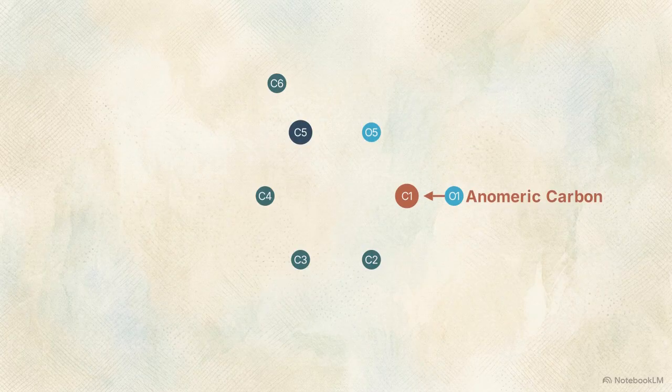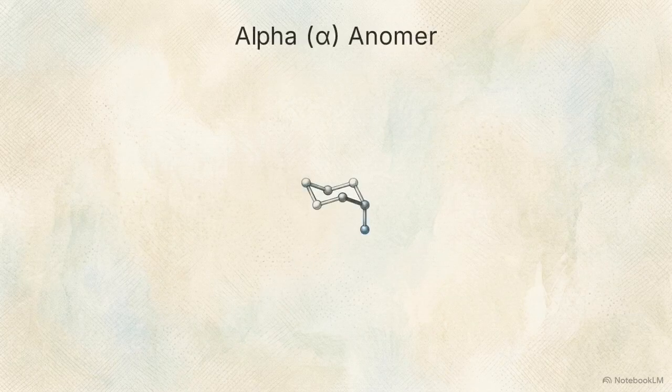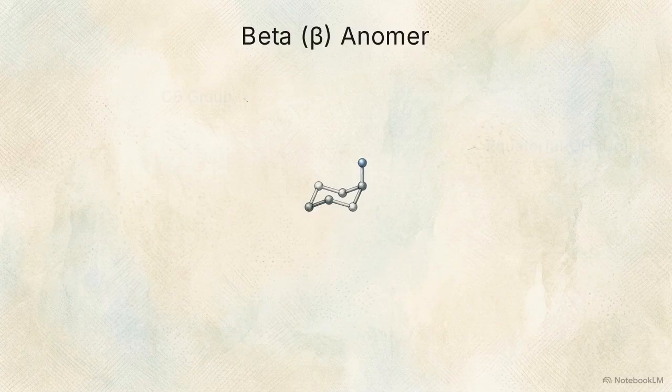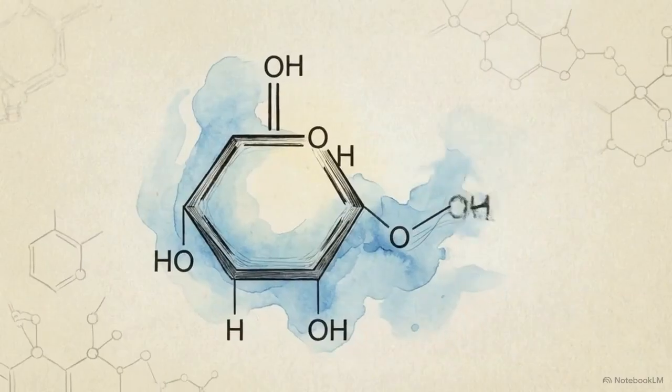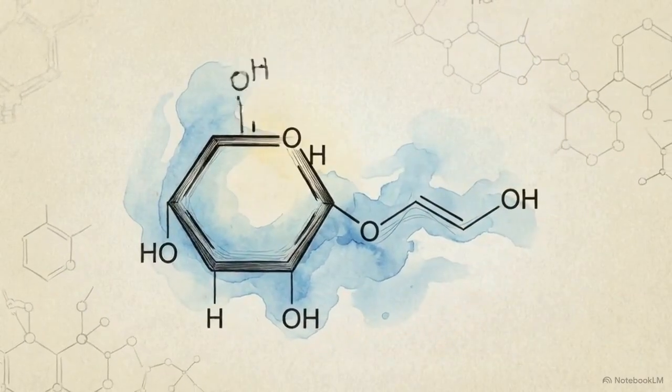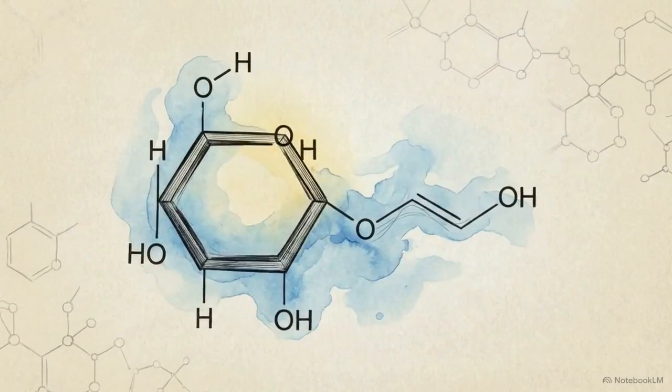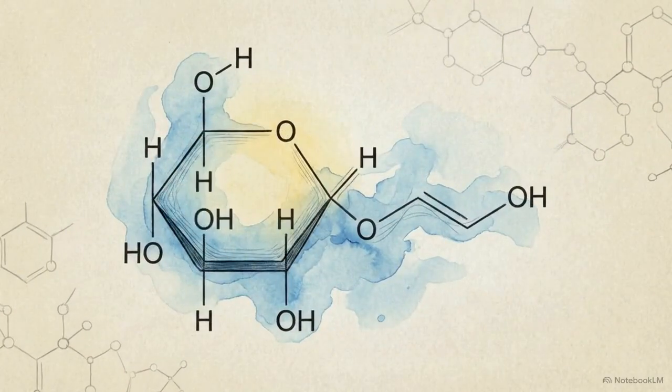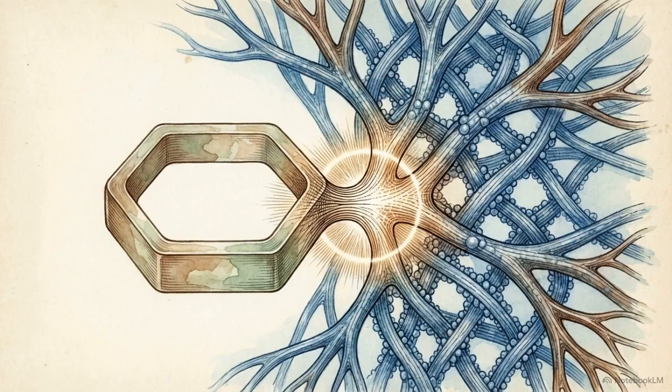Because the nucleophilic attack can occur from two different trajectories, it creates two possible epimers, known as anomers. If the hydroxyl group on the anomeric carbon points down in the axial position, it forms the alpha anomer. If that hydroxyl group points up in the equatorial position, cis to the carbon 6 group, it becomes the beta anomer. Exposing these rings to water causes them to spontaneously open and close, constantly shifting between alpha and beta forms in a process known as mutarotation. This cyclization stabilizes the sugar, while simultaneously providing the specific architectural docking port, the anomeric carbon, required to build complex